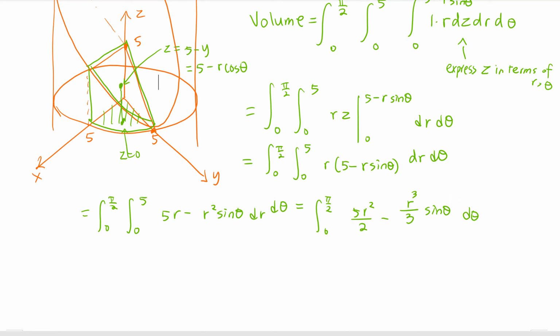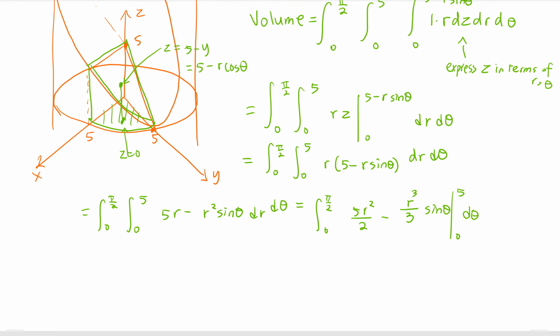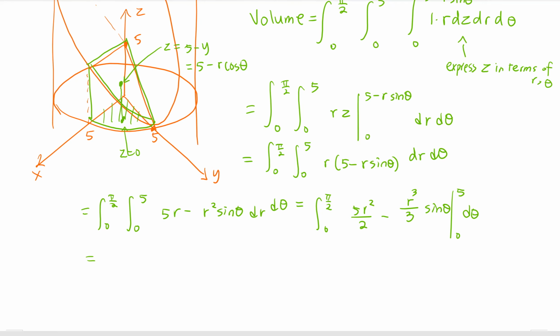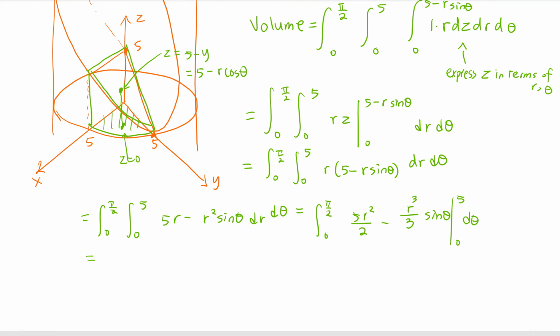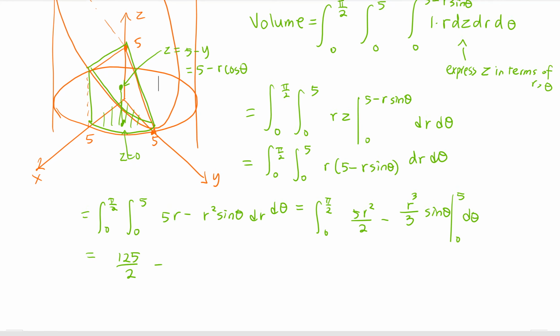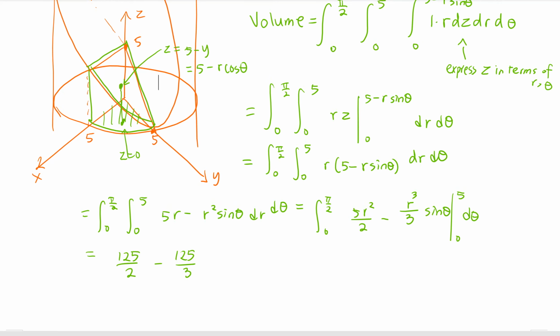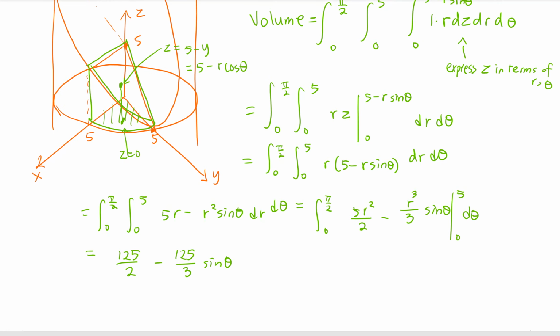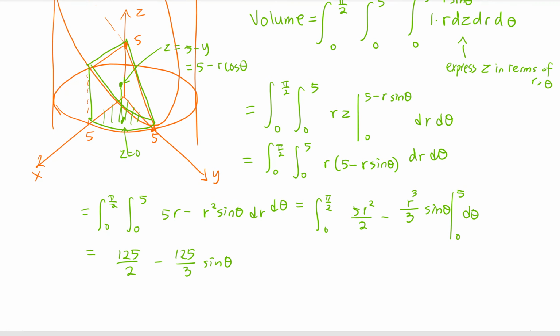Okay, so let's see. We evaluate from 0 to 5, so we have 5 squared is 25. 25 times 5 is 125 over 2, minus 5 cubed is also 125 over 3 sine theta. When we plug in r equals 0, we just get 0. So the integral of this guy